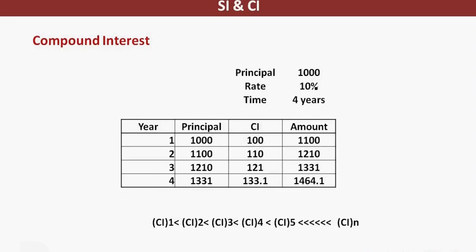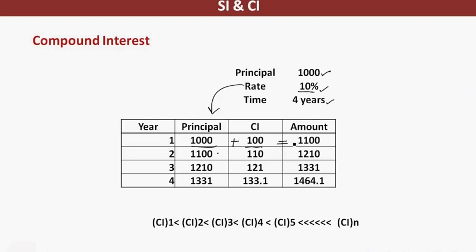If I compare the same case in a compound interest scenario, look how things change. I started with an initial principal of 1,000. The rate was 10%. The time was 4 years. For the first year, obviously 1,000 will be treated as my initial principal. I will get the rate on the initial principal that I started with. So 10% on 1,000 comes up to 100, added into my account because this is the interest that I have earned for 1 year, leading up to 1,100.